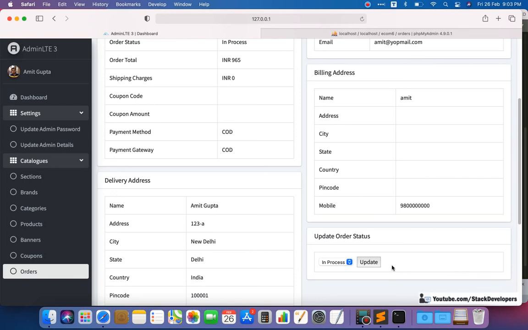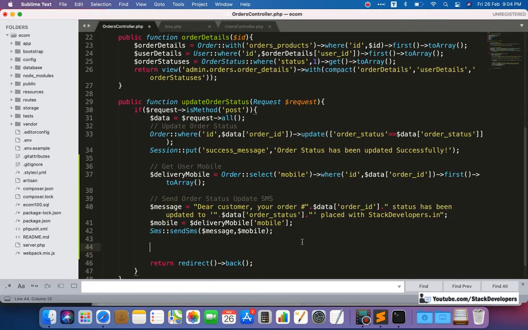After the user places the order and you ship the order, then along with the shipped status update, we will give one more field. In that you will enter the tracking number that the courier partner gives you, and after that you will click on update, so that the user will get that tracking number and will be able to track his order. Okay, so for that thing we will also work on it in future videos. Okay, so also we are going to send the order status update email.